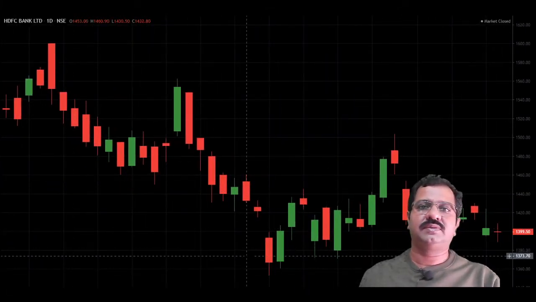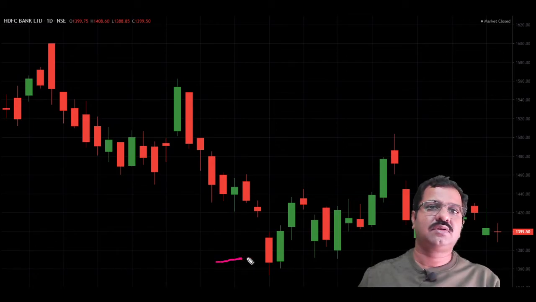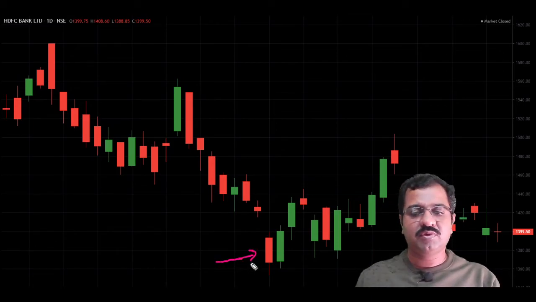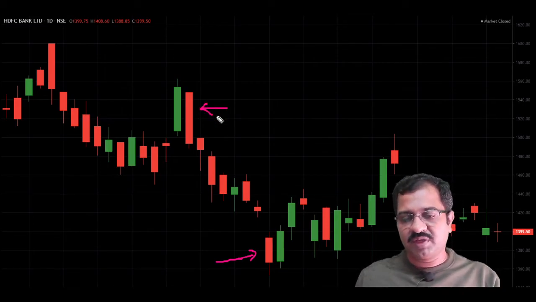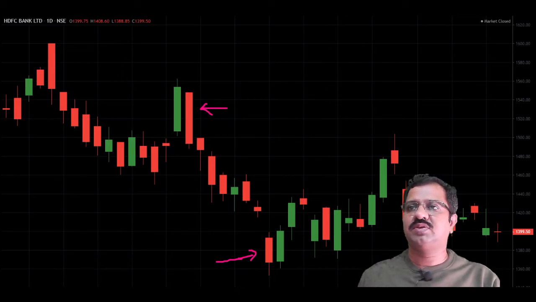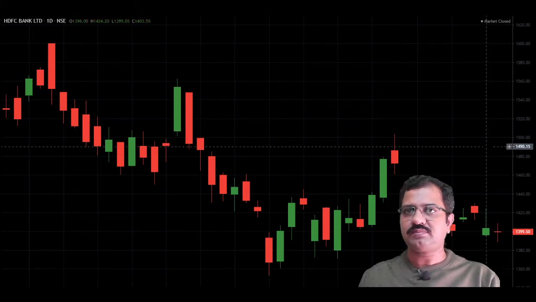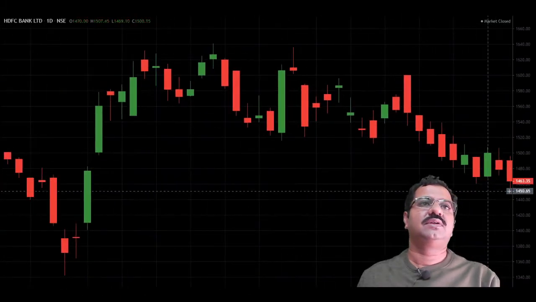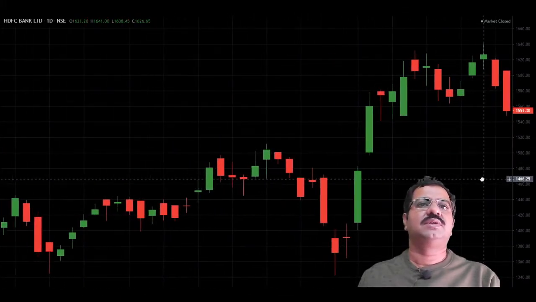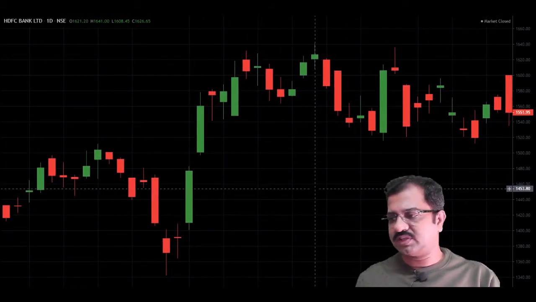This is engulfing. What you are seeing at the bottom here is bullish engulfing. What you are seeing here is bearish engulfing. These patterns we saw at the start of today's session, right? Okay, so we don't have a morning star here. No problem. You now know what the evening star and morning star patterns are.